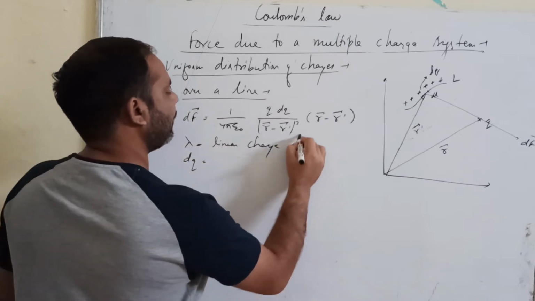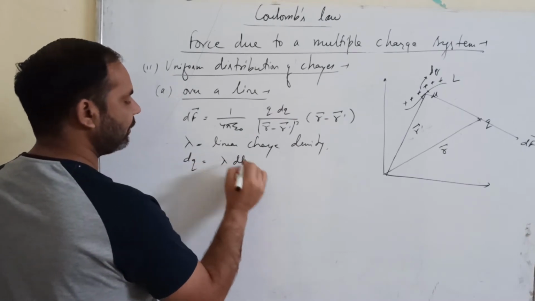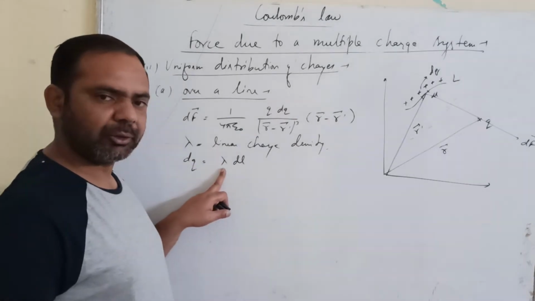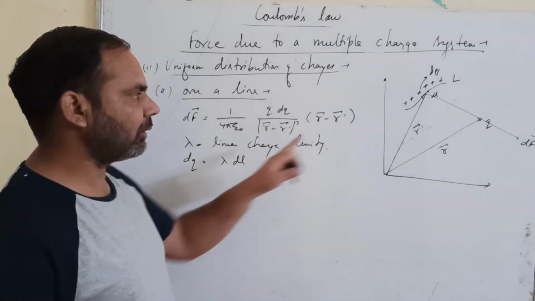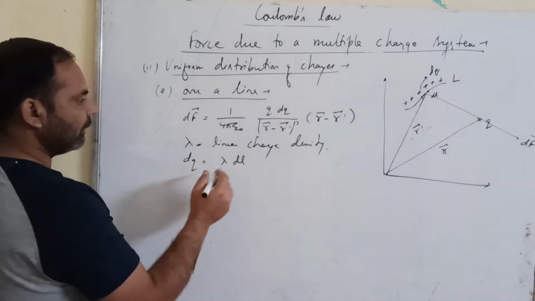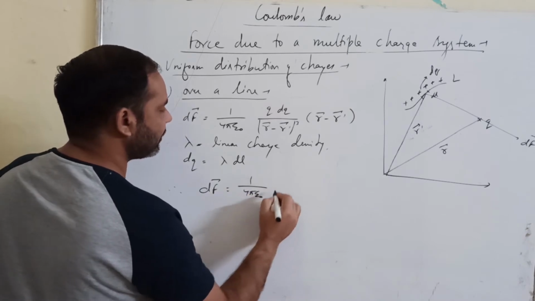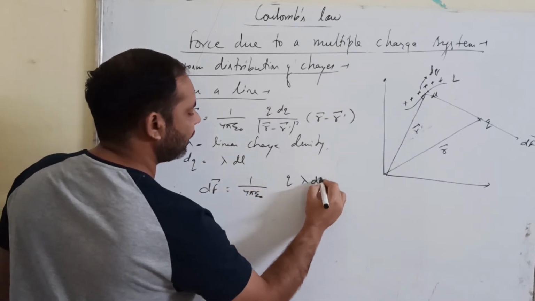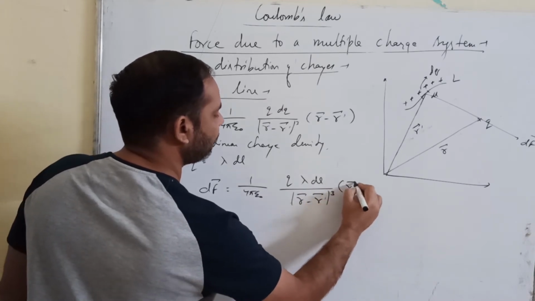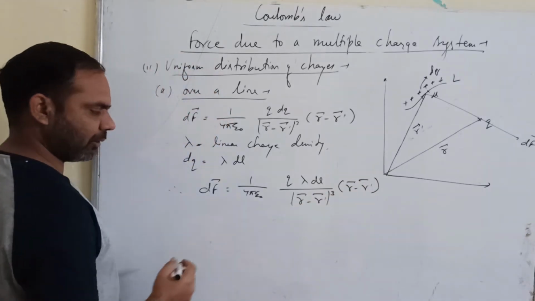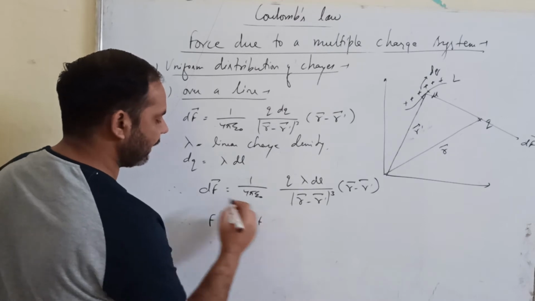charge density, then dq equals lambda dl. Charge per unit length, and the length is dl, so when they are multiplied you get the charge on this dl part. Therefore dF is equal to 1 upon 4 pi epsilon naught, q lambda dl upon |r vector minus r dash vector| whole cube into (r vector minus r dash vector), and therefore F is equal to the integral of dF